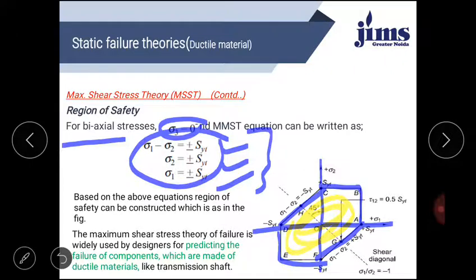This is the area where at any point we can see different combinations of stress, sigma 1 and sigma 2. Means at any point we can have two values of sigma 1 and sigma 2 in this region. So what the maximum shear stress theory tells you is that if your component is subjected to a biaxial system of loading, where at any point the combination of sigma 1 and sigma 2 is under this boundary, then